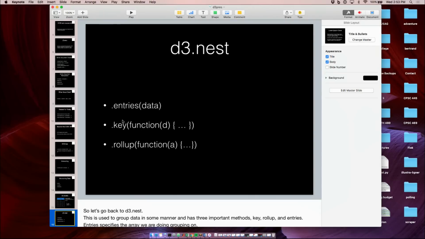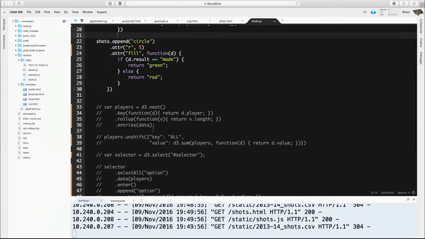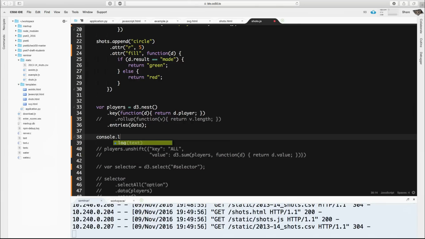The second method we're going to use is this key. So key is going to specify what we want to group on. So here we're going to have a function. The function is going to take in a row of our data, and it's going to return what the key should be for that row. So in this case, it's going to return the player name. So let's take a look at that. So if we do players d3.nest, the key is going to be player. We're going to come back to rollup, and the entries is going to be our data. And let's log what that looks like